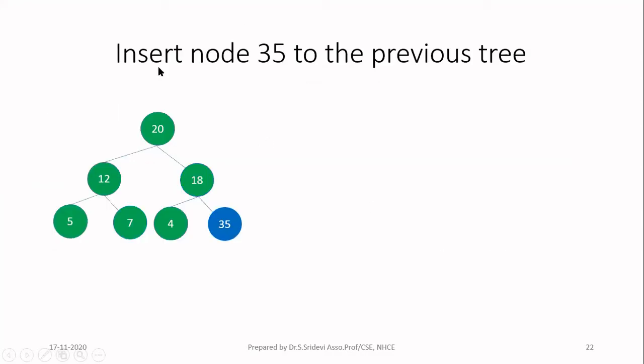Now let us see how to insert node 35 to the previous tree. So we had the previous tree up to node 4. Now I want to insert node 35. So first you will insert node 35 as a right child of node 18 because that level is not yet filled. So after inserting, I have to compare this 35 and then 18. 35 is greater than 18. So I am going to swap them. Then again, I have to compare 35 with its parent. Its parent is 20, which is less than 35. So again, I have to swap them. So now the tree is a complete binary tree with max-heap property.